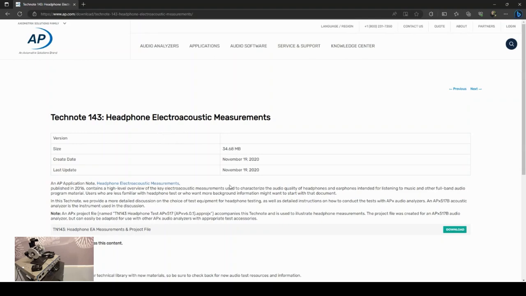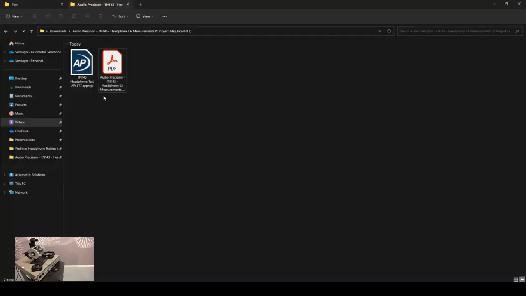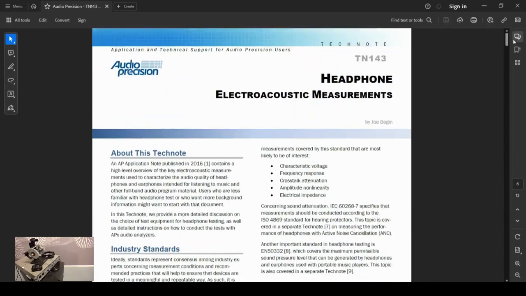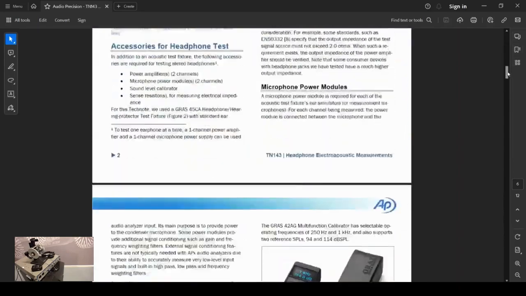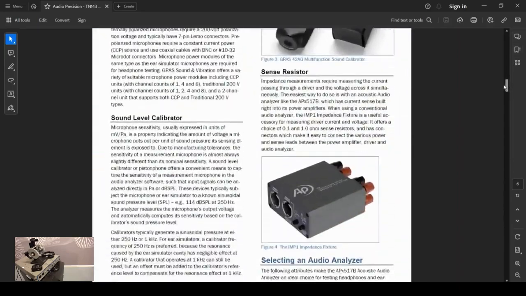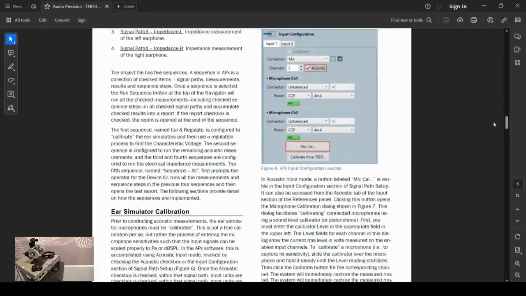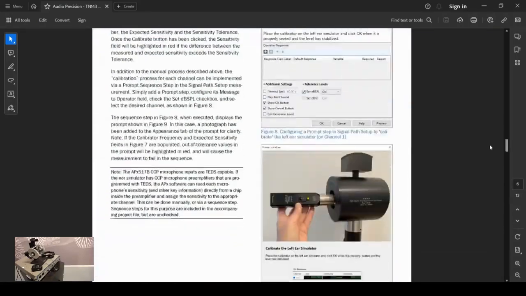If you download TechNote 143, you will find two files. The first one is a project file, and the second one is a technical note that has a description of everything that is shown in the project file, with descriptions step by step on how to understand and perform the